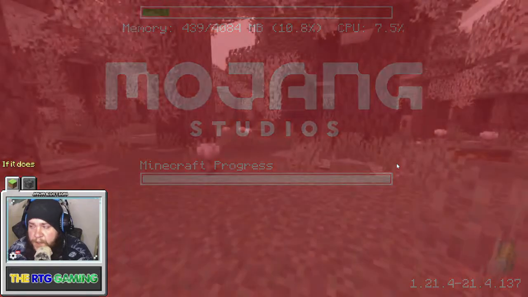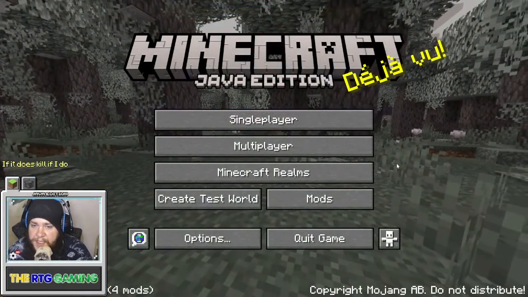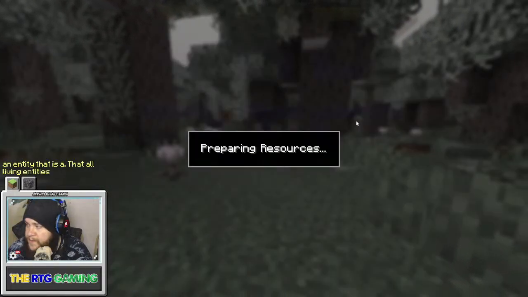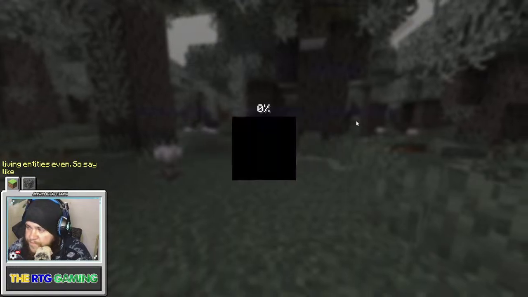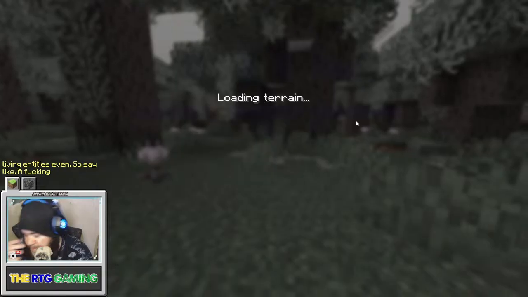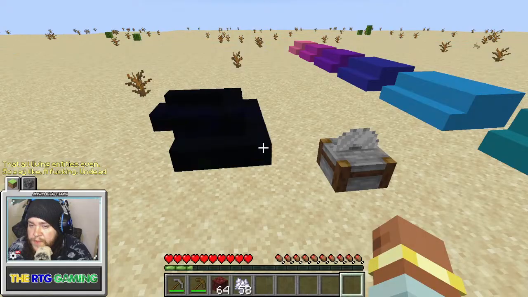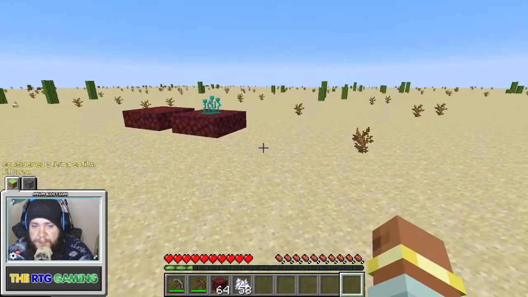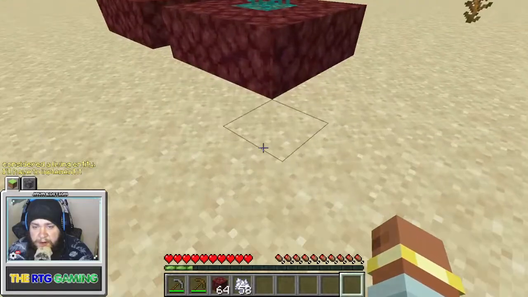If I do kill an entity, all living entities, even say like an undead, which is technically not considered a living entity, I'll have to implement it to where